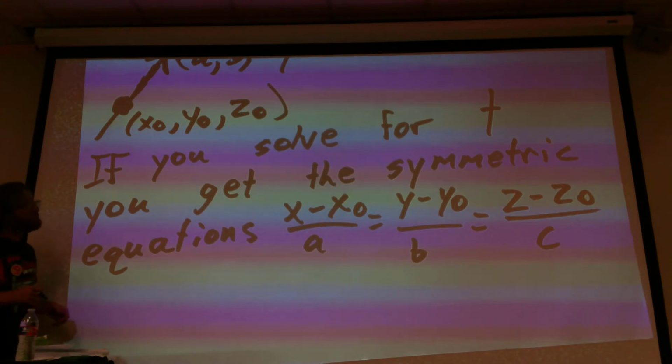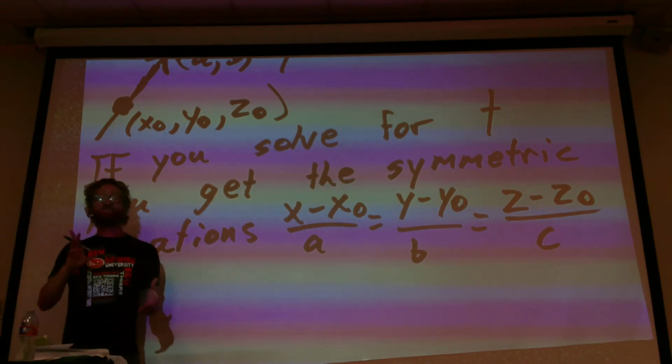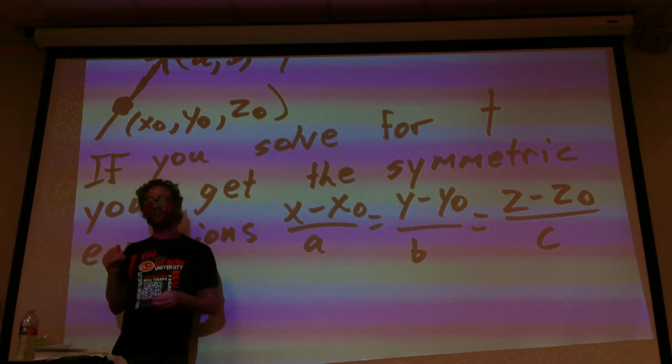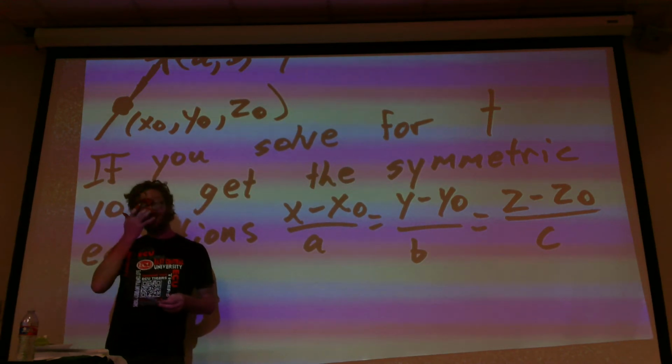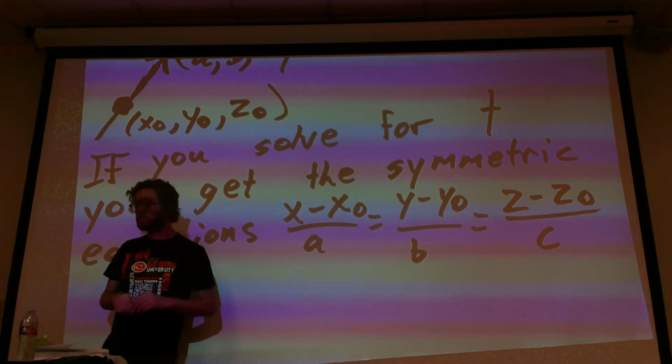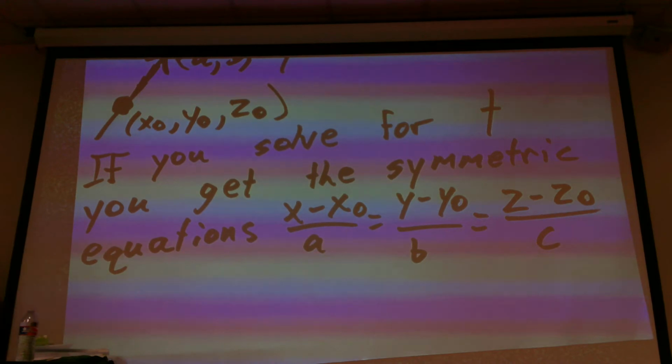Okay? So let's take 2 points in space and let's try to figure out what the parametric equation and the symmetric equation are for this line in three-dimensional space. So let's say we want to find the line